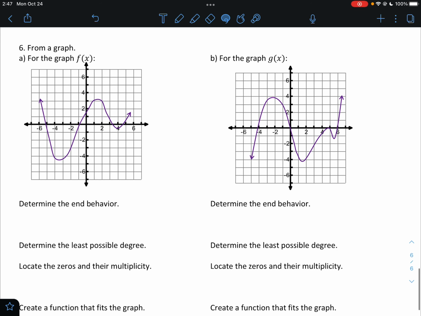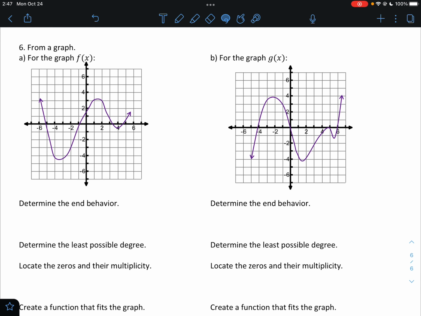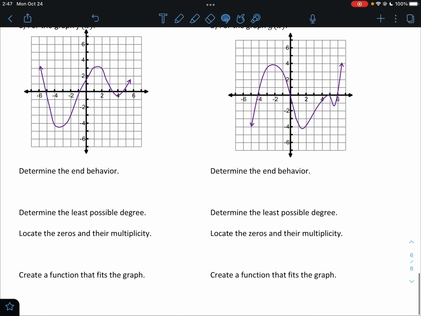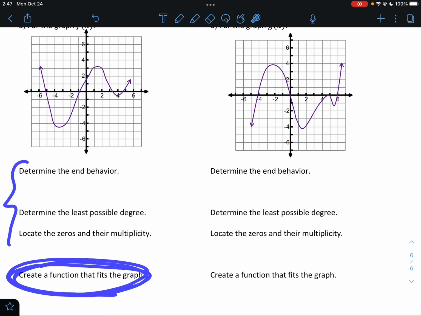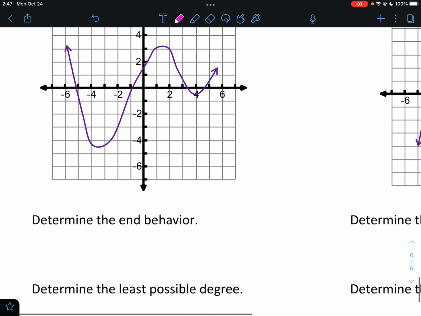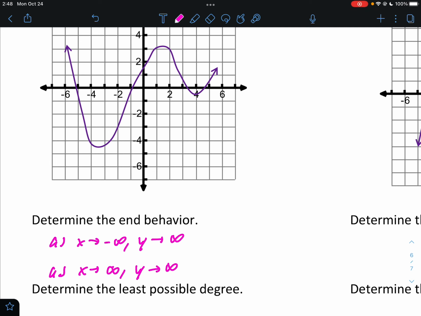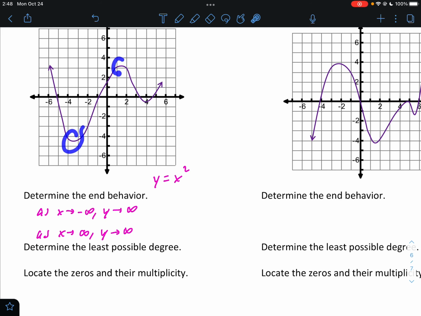Okay, in the last slide, we're going to do the same thing, except now we're looking at pictures. Okay? So all of this is going to lead us up to here. All right? We just want to get here. That's where we want to get to. So the end behavior, as x goes to -infinity, y goes up. As x goes to +infinity, y goes up. So that means this needs to resemble a positive, even graph, okay? The least possible degree, well, there's 1, 2, 3 turns, so 3 plus 1 would be 4. It's a fourth degree